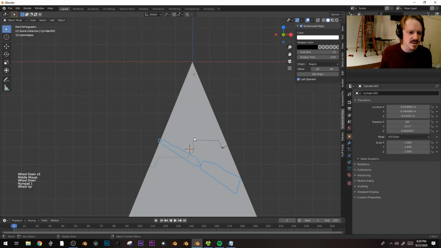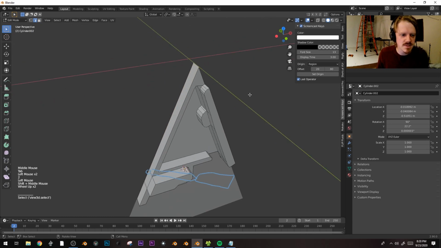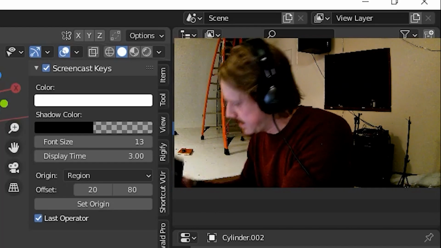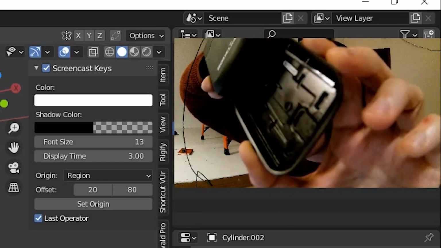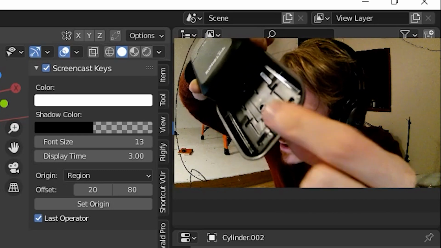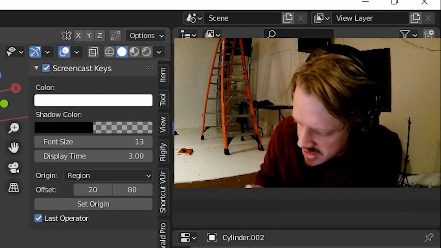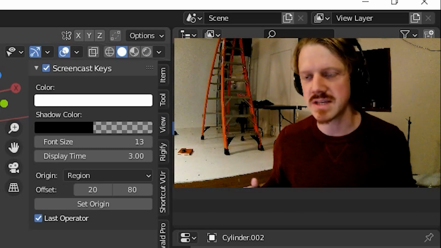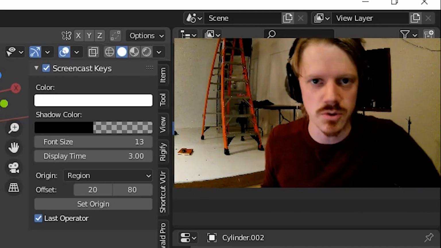So what's cool about this is you get to work like an actual engineer. Like a lot of times, if you look at a little engineered plastic bit, do I have? Here we go. Like here's the inside of a battery case. Can you see that? Let me catch the light. Yeah, there's just all of this random stuff in there. Like, what are those details? Some of them are from like the way the plastic was injection molded, but other stuff's just structural. Some of it is just to create extra negative space so they don't have to use as much plastic. Like they have the overall form and they just eat away bits so that they can use fewer plastic pellets